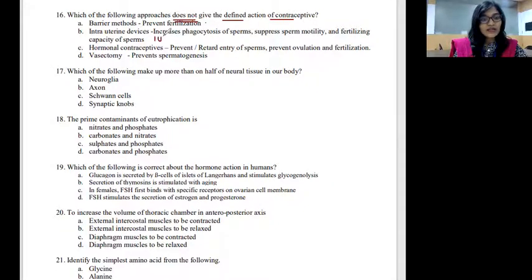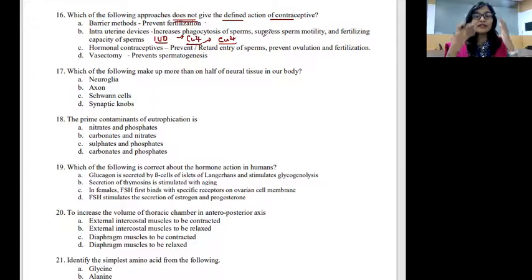Intrauterine devices, IUDs. In IUDs they use copper. Intra means inside, uterine means inside the uterus, so they keep the device inside the uterus. They are going to use copper T. When they keep that, what exactly happens? Copper is very, very important. If copper is present there, it will not let the sperm move, and if the sperm is not moving, ultimately the motility of the sperm is reduced. And what exactly are they going to